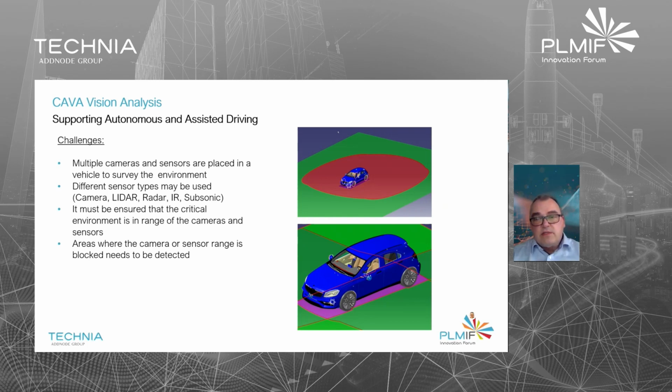CAVA is a product that is used by an automotive engineer, and the automotive engineer will design the components, and he needs some assistance when, for example, he faces challenges when doing that for autonomous vehicles. He has to place several cameras or sensors in the vehicle to survey the environment. Usually it's a set of sensors or cameras. Different types can be used. It could be the optical camera, but also LiDAR sensors or radar, infrared, or even subsonic